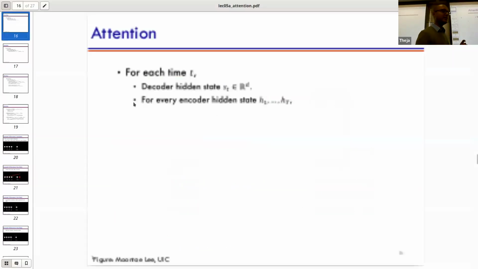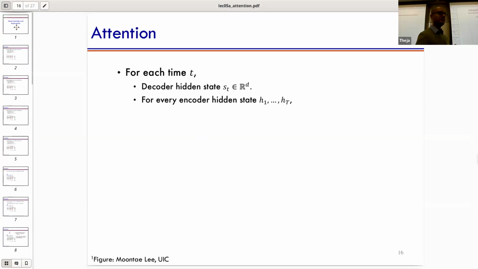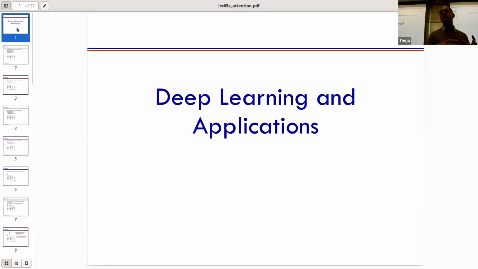The same content is there in a slightly different visualization in the new slide deck. So this is slide deck 5A, but slide deck number 6 also has the same content. I thought I'd prefer the one with a little bit different animation than the other one. But they both are the same. In the initial few slides of slide 6, you have the same content, and we'll get to slide 6 in a second. So what are we trying to do?